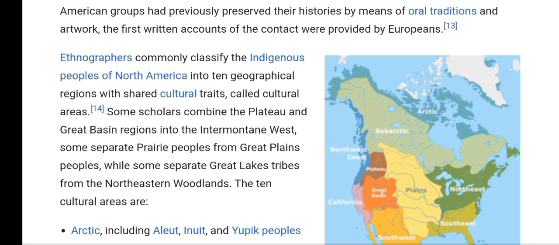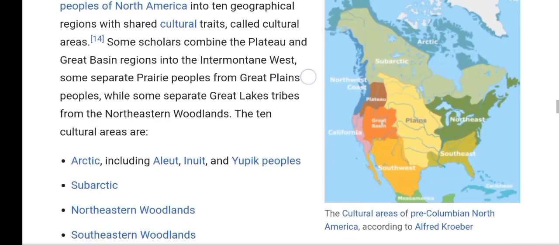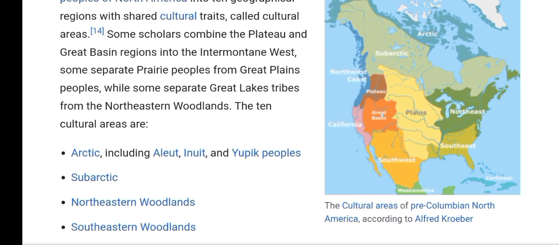Some scholars combine the Plateau and Great Basin regions into the Intermountain West. Some separate prairie peoples from Great Plains people, while some separate Great Lakes tribes from the northeastern woodlands. The 10 cultural areas are